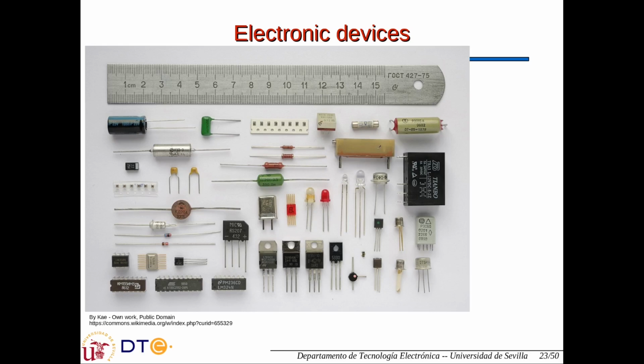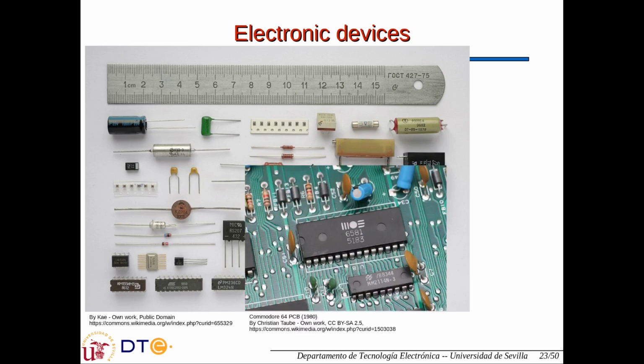This is a potentiometer, diodes here, light emitting diodes or LEDs around here, and these are discrete transistors, small signal transistors and power transistors. So typically those components have these long terminals that are designed to be connected together in printed circuit boards,